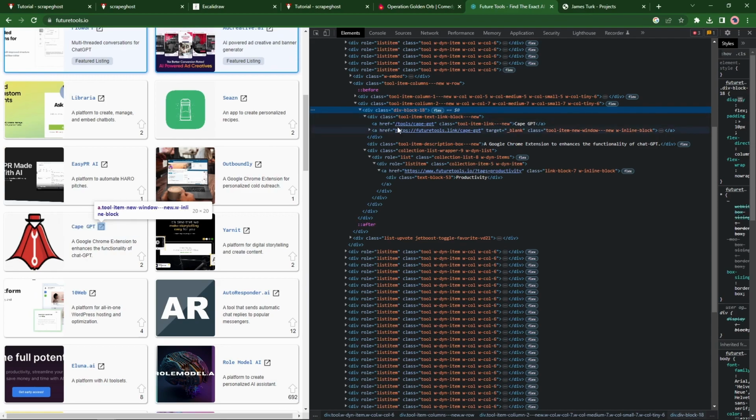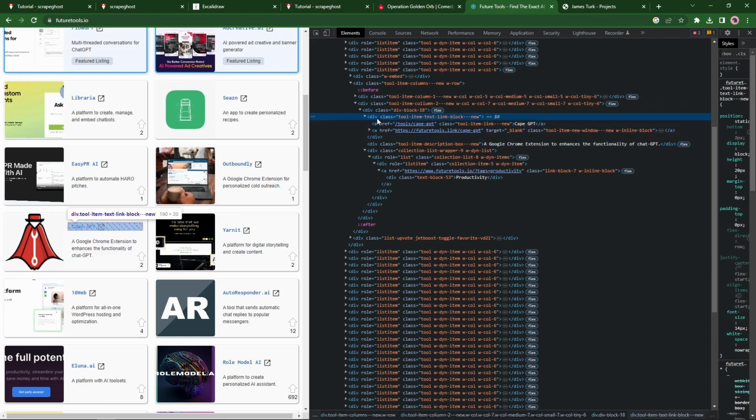So we could see that here's a link, and there's the name. So we might get away with tool item text link block new being the div there. So let's pick that out,